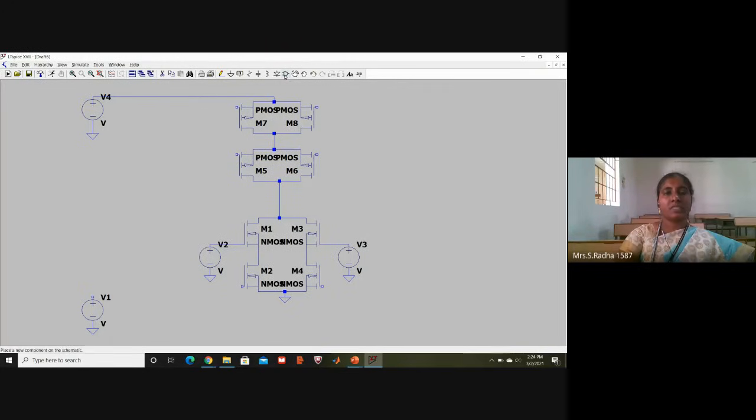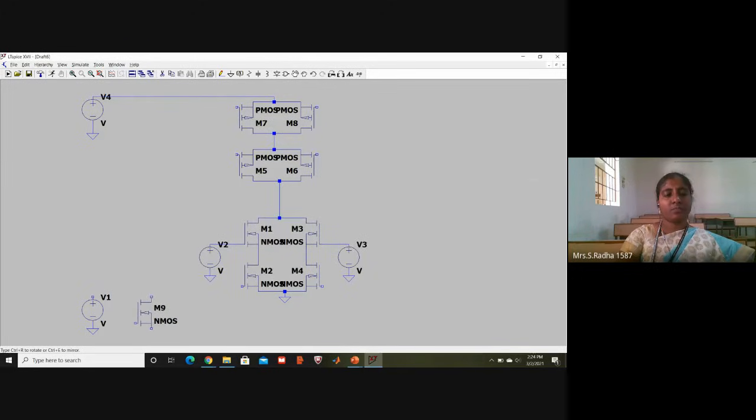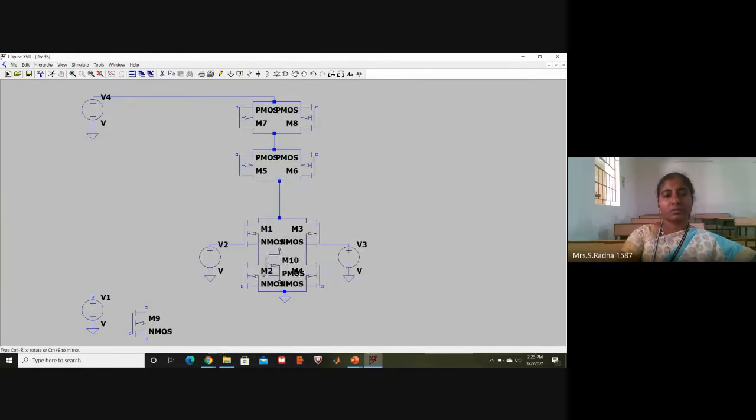I need one inverter so that I can make S bar also. So one NMOS and one PMOS I am taking to create the inverter. For the PMOS, with Control R, Control E, the drain should come on the top.